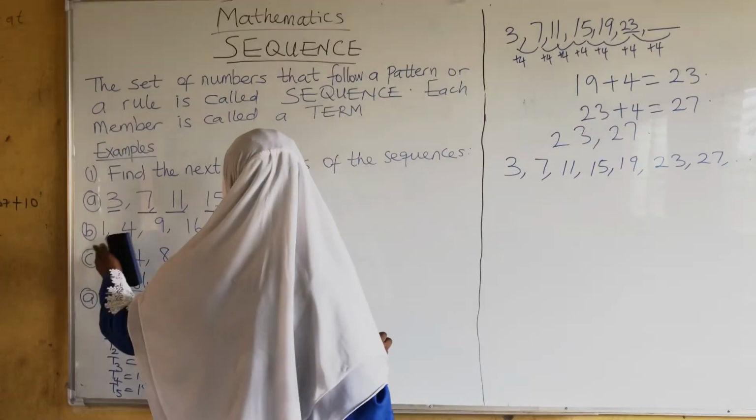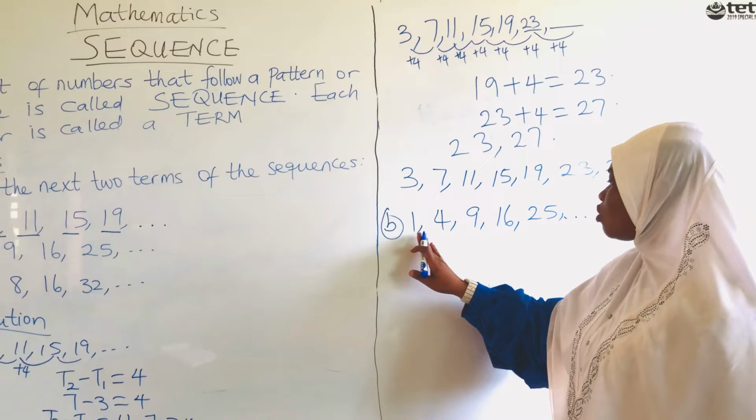That's for example A. Now, we have the list of 1, 4,